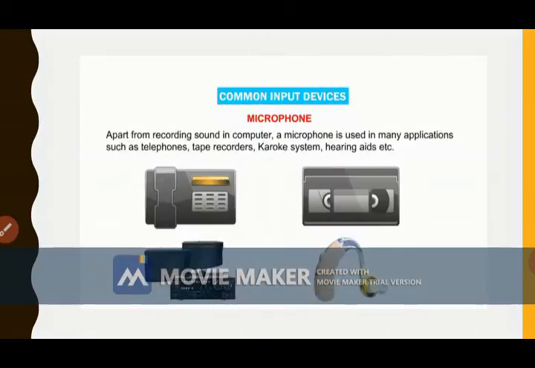Apart from recording sound in computer, a microphone is used in many applications such as telephone, tape recorder, karaoke system, hearing aid.